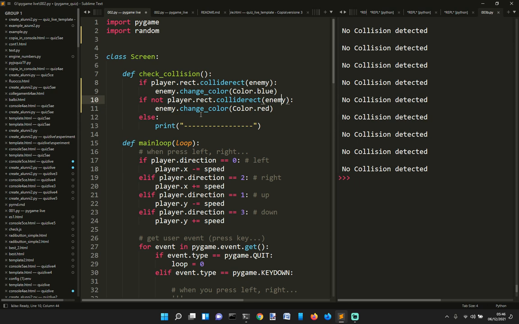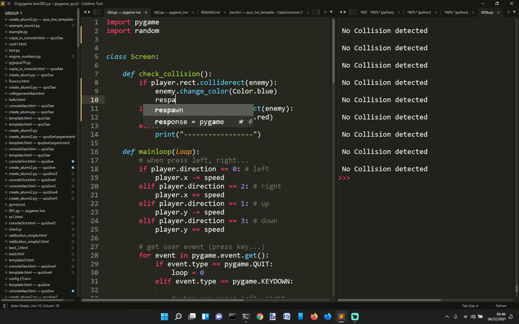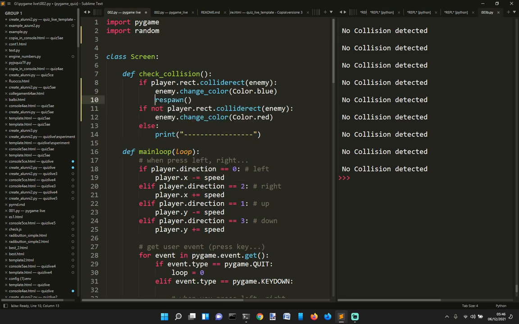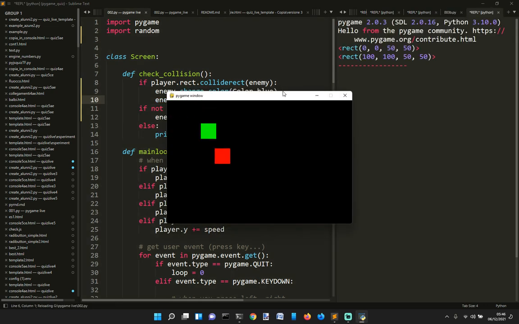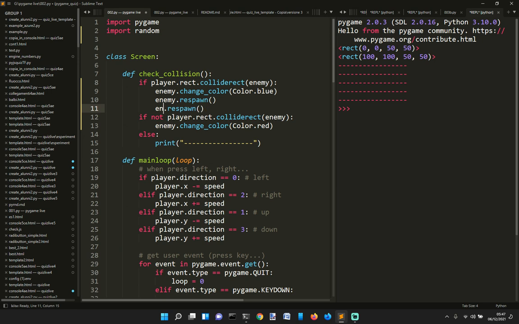Okay, instead of just changing color, we want it to respawn the enemy. Okay, let's see if this works. Okay, as you can see now, it is respawning, and eventually we could respawn both of them